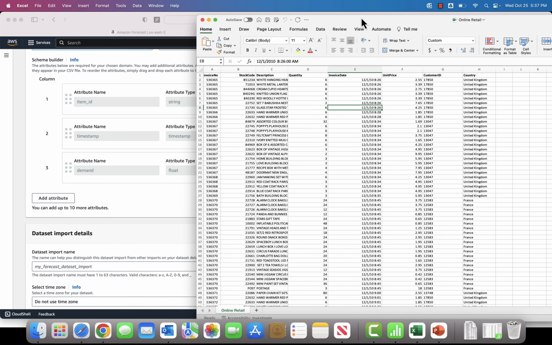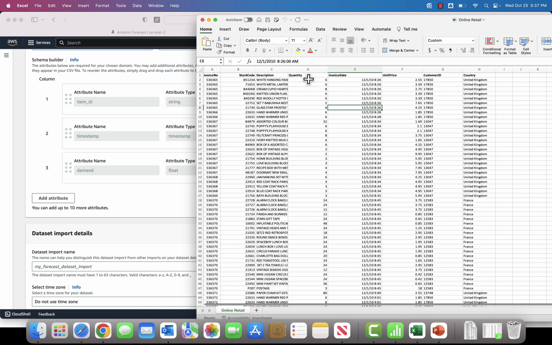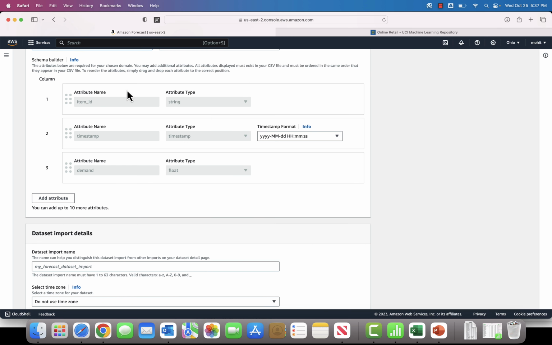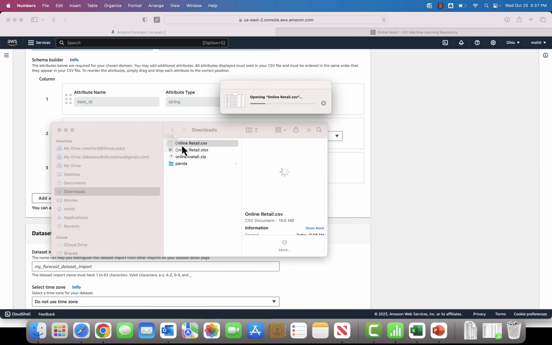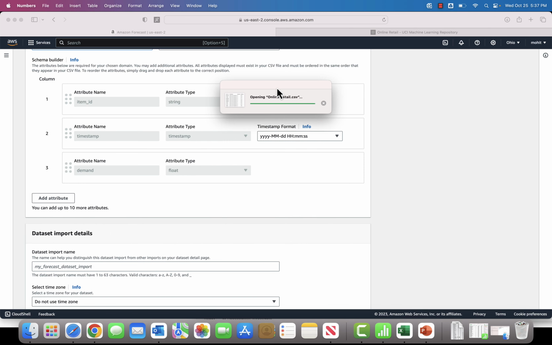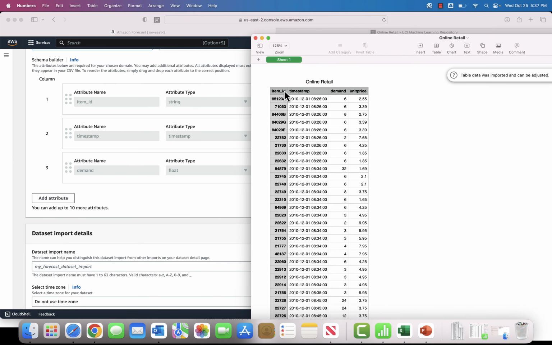So what we need to do here is have the data with these names: attribute name, item ID, timestamp, and demand. But here the column names are different. To save time, I have already formatted my sheet, and if you can see here, this is my new sheet in CSV form. I will just open it. It's the same data, but I just changed the column names. So the first column is item ID, the second column is timestamp, the third column is demand, and I think